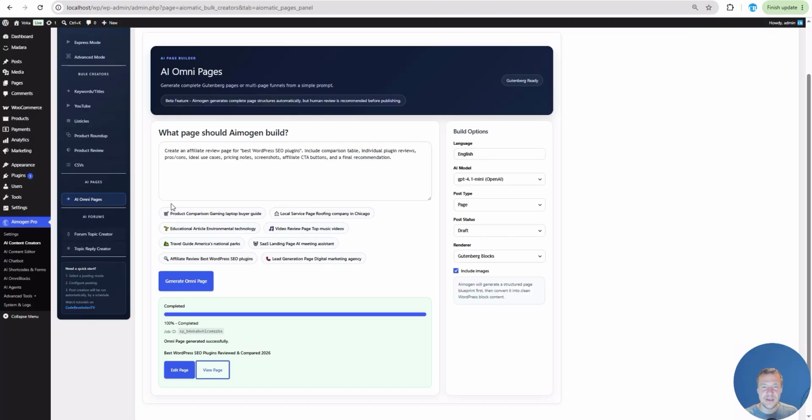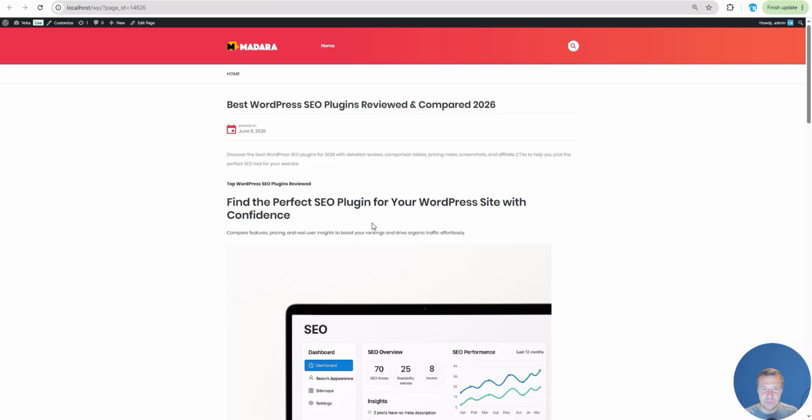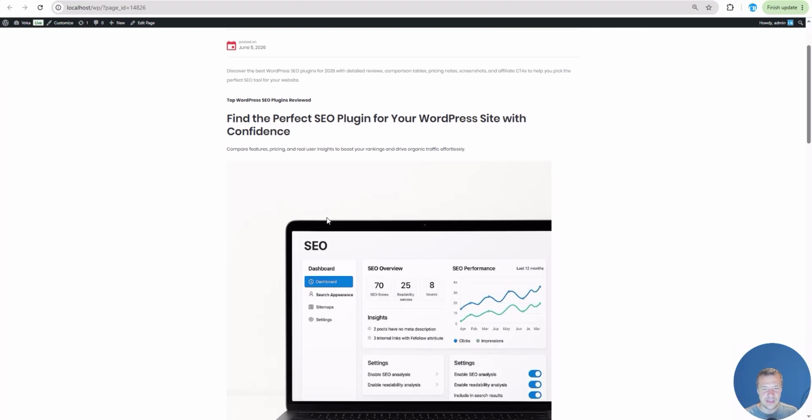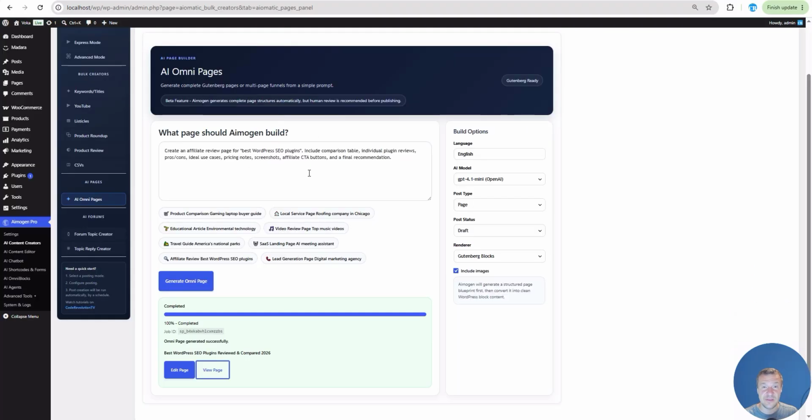So note that the generated pages need to be verified by you, as there might be errors added by the AI. So keep in mind this. Also, the links need to be edited currently, and you need to add your own links to the content. So be sure to do this, and be sure to check the generated pages before you publish them on your site. But I will be working more on this feature,